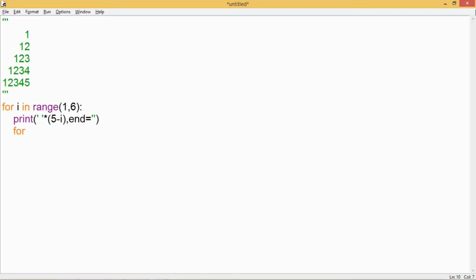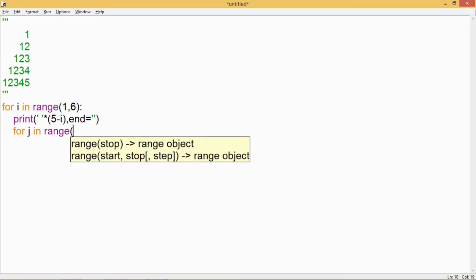And now I will write the loop for getting these digits. Every line starts with 1. So for the j loop, the start value will be 1. And for the stop value of j, I'll have to observe what is the ending value in every row. If I am in the first row, the last value is 1 on the right hand side. If I am in the second row, then it is 2, and then 3, 4, and 5.